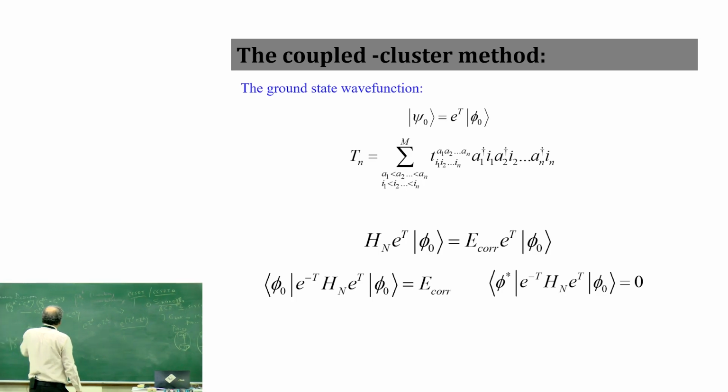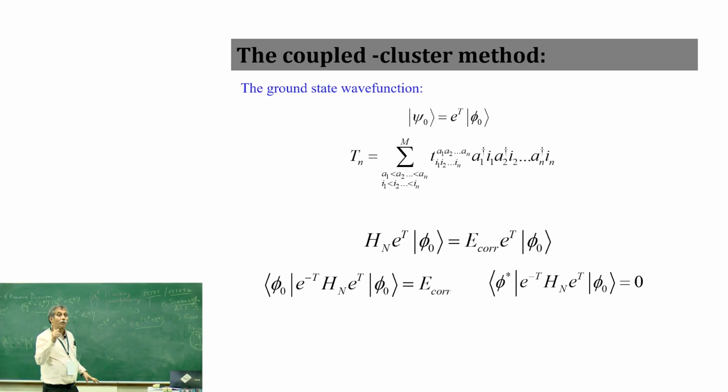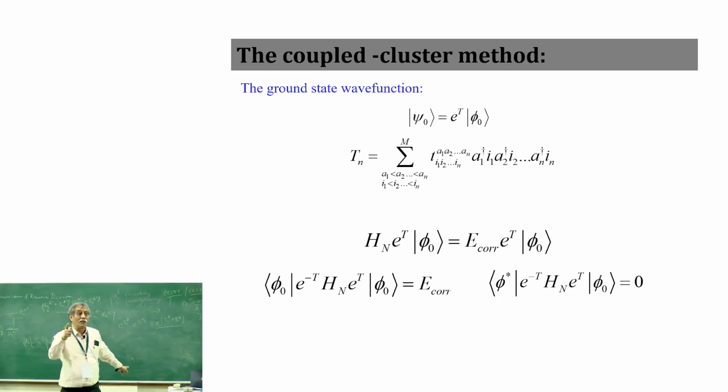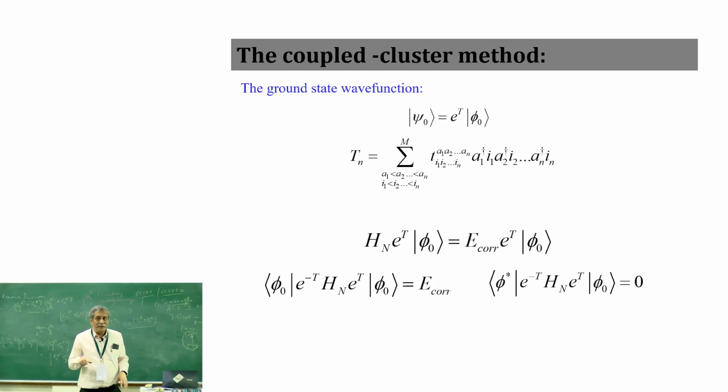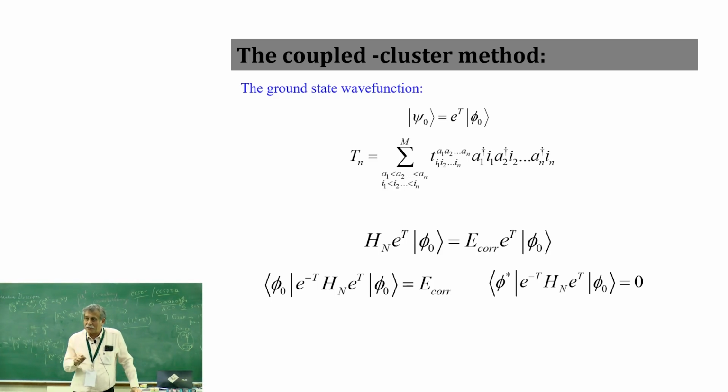So exponential automatically takes into account the quadruples. Again, this highlights the importance of quadruples. But what kind of quadruples? Which is product of doubles. Right away you can say this is product of doubles. And that is exactly what, as I said, coupled cluster is doing. The T2 squared is taking the product of doubles. And coupled cluster is a very good wave function.